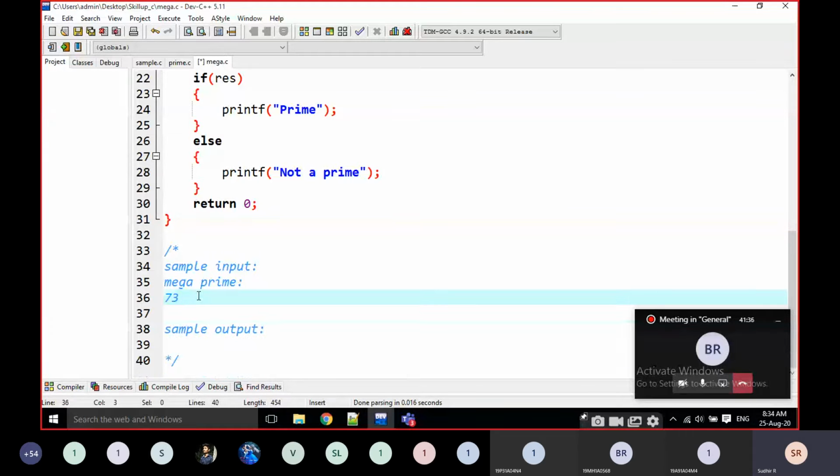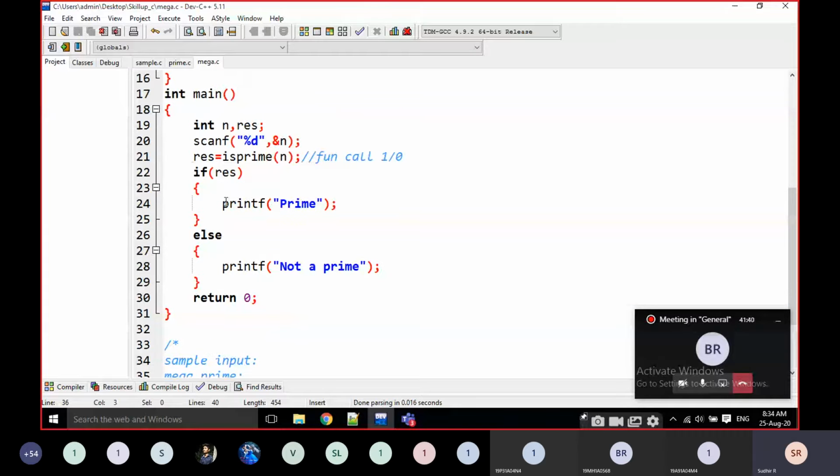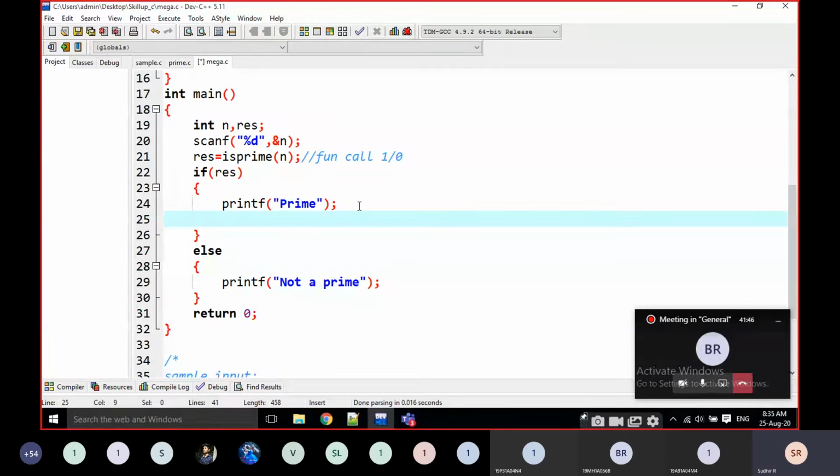Now I am going to write a small adjustment program here. If it is a prime, instead of printing yes, we have to check only at that time. For example, 72 is not a prime, but each individual digit is a prime: 2 is a prime, 7 is a prime.